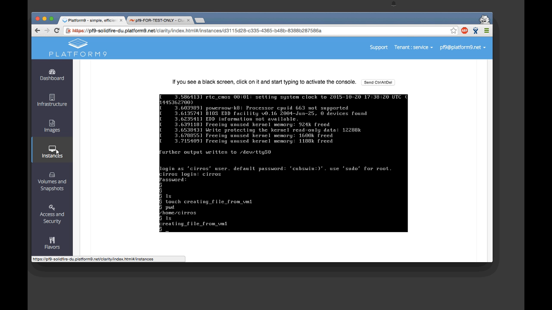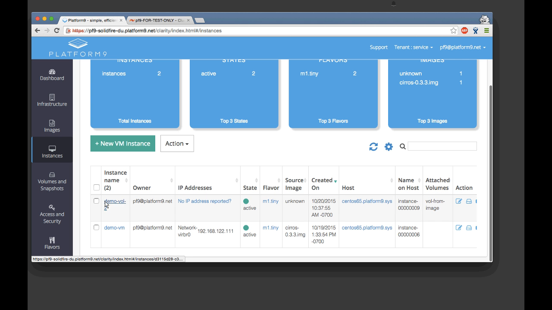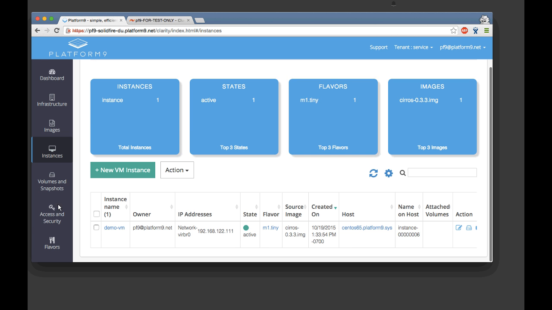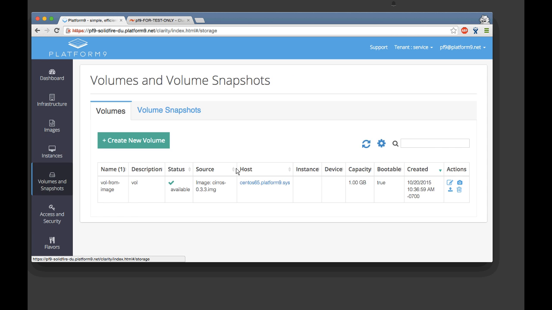So to add to what John was saying and going with the demo, what I did here is create a simple file on the volume, in the virtual machine. Now what I'm going to do is go ahead and remove this virtual machine completely. As you remember, I created this virtual machine from the volume that we created on SolidFire. So the volume is still going to persist on SolidFire, and if you look at the volume and snapshots, it's back to available.